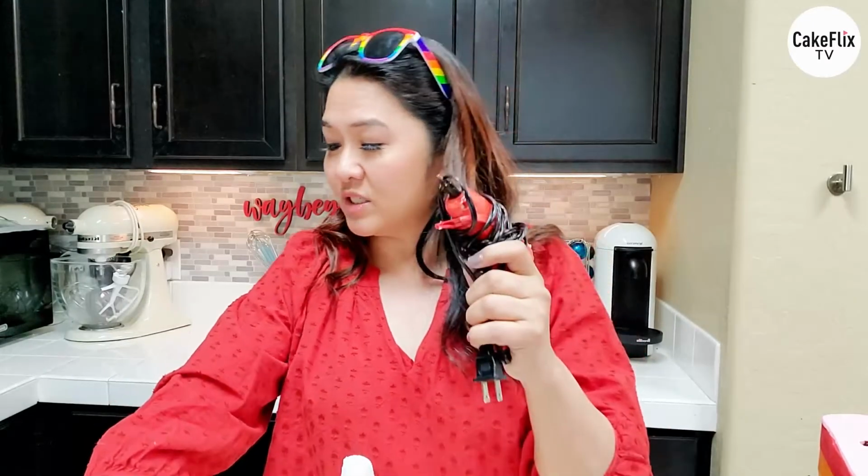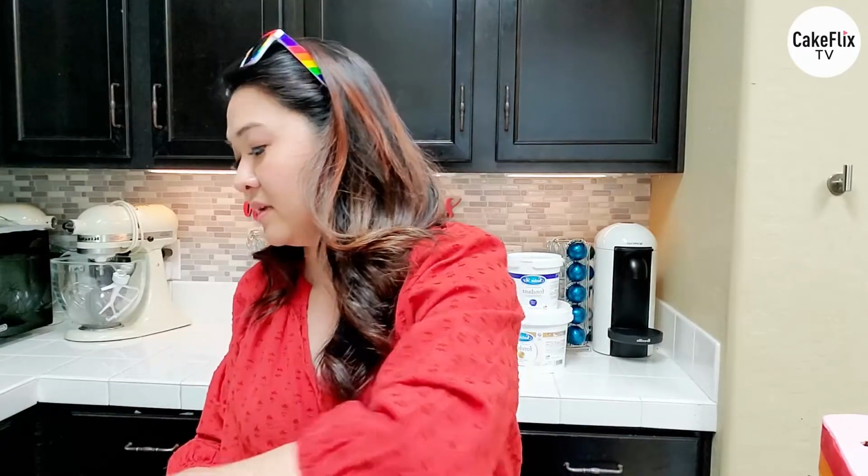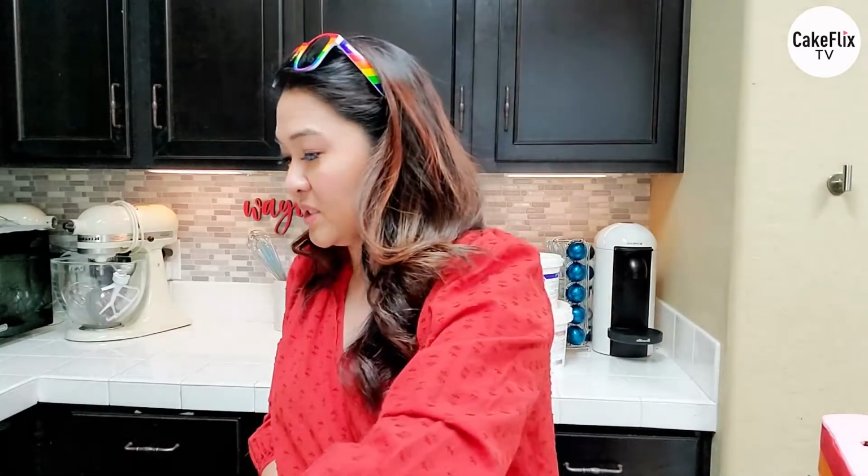You're going to need your trusty glue gun and glue stick, and we're also going to need, believe it or not, this is going to be so pivotal and important later, a skewer stick or a barbecue stick. And for our fake